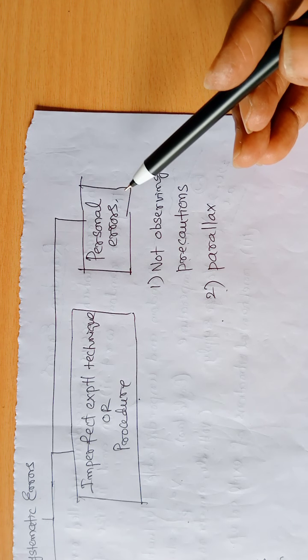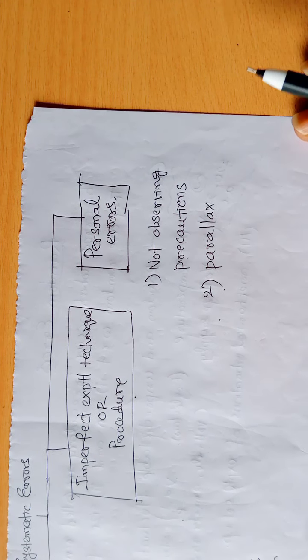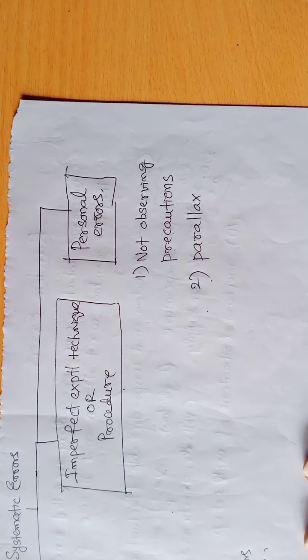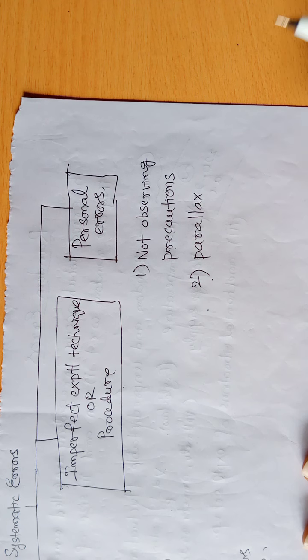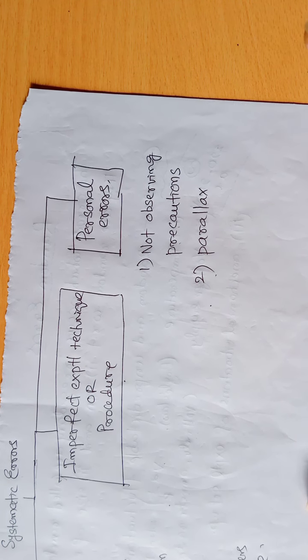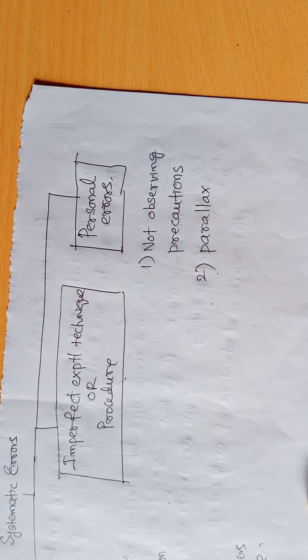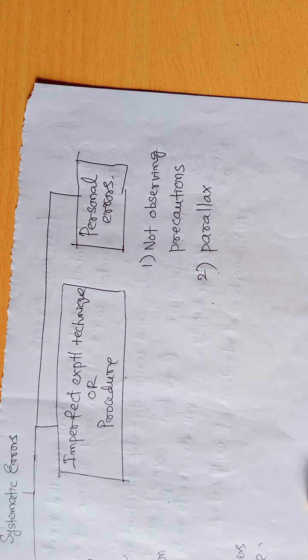Third one, personal errors. Number 1, not observing precautions. For each experiment, certain precautions will be suggested, and while doing the experiment, you should follow the precautions. For example, you are doing an experiment with a thermometer. You should not touch the bulb of the thermometer, because when you touch the bulb of the thermometer,